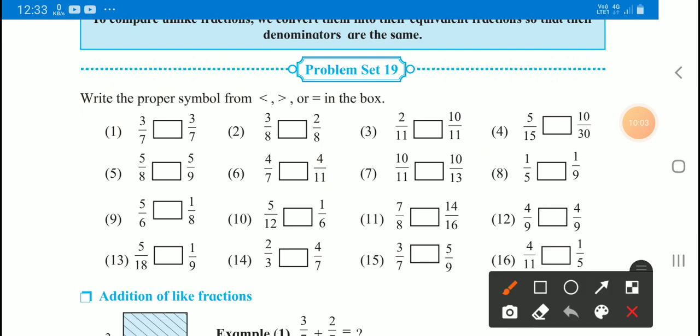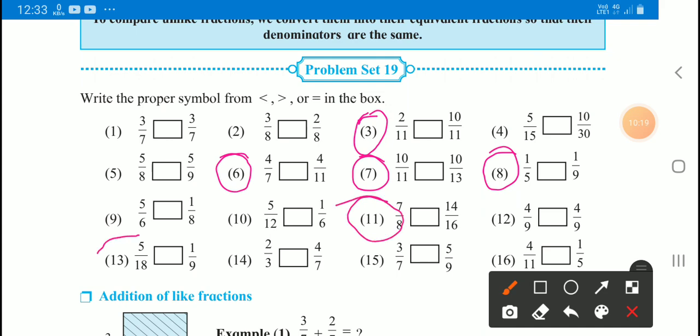Look here, example number 3, then example number 6, example number 7, 8, 11 and 13. These examples are reduced from your syllabus, so no need to write these examples. Remaining examples and the problem set you have to solve in your